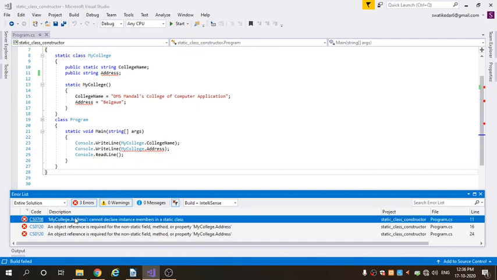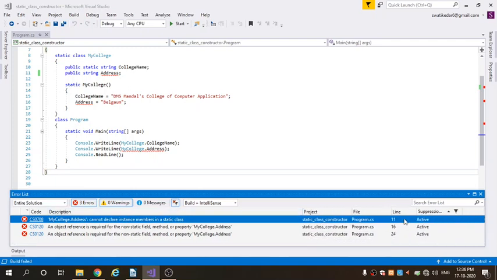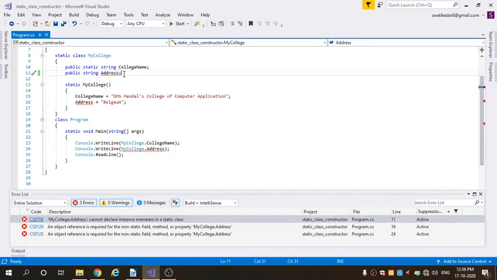First error, MyCollege.address: cannot declare instance member in a static class, means in line number 11 we have an error. Line number 11 in our program is here, means we can't declare an instance member in a static class, means in a static class we have to declare the static members only.